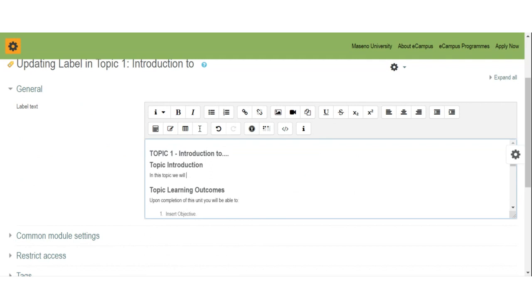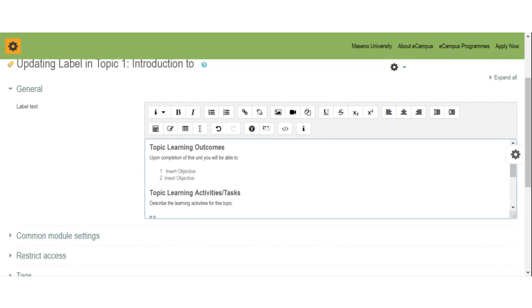So maybe you can say in this topic, you will be introduced to, right? So what are you going to introduce? What is the scope of the topic? Just a single paragraph, so that when the student looks at the paragraph, it is like an abstract of what the topic entails. Then you come here and say, upon completion of this topic,